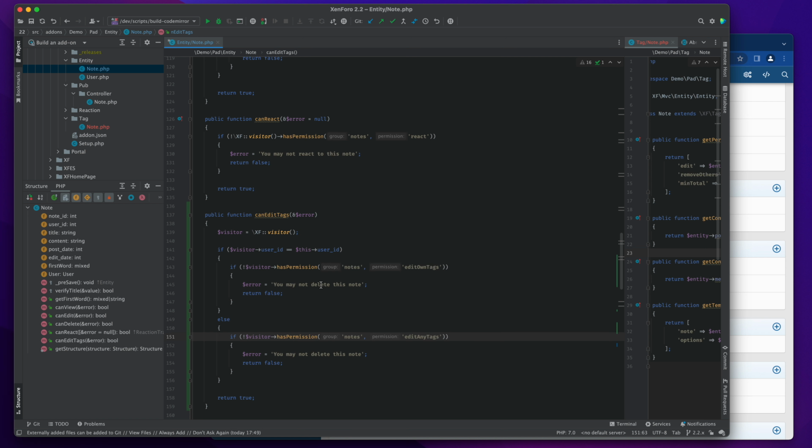And then we'll edit those error messages. You may not tag this note, and you may not tag this note. Again, just to make note, I am using plain strings here, but best practice would suggest that you should go and make phrases for those and then call the phrases instead. But as we've already done phrasing in this series, I'm just going to use plain strings. You can do it how you want to, but obviously if you want language independence, then go with the phrase